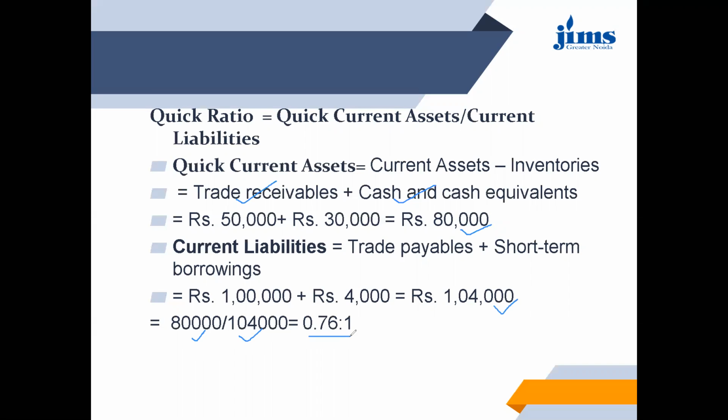So quick current assets should be at least equal to the current liabilities of the company, because the current liabilities have to be paid out of quick current assets, out of cash equivalents, or cash at bank, cash at hand, marketable securities, or the amount that is recovered from the debtors. So now in this situation, the quick current assets are less than current liabilities. So the company is not in a position to pay off the current liabilities. They have to take a loan or resort to some other modes to make payment for the current liabilities. So again, the quick ratio is not good for this company.